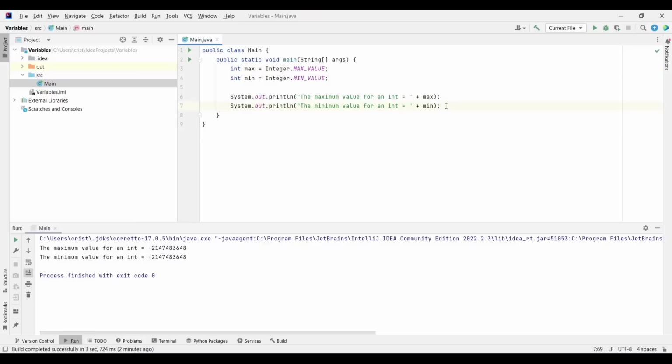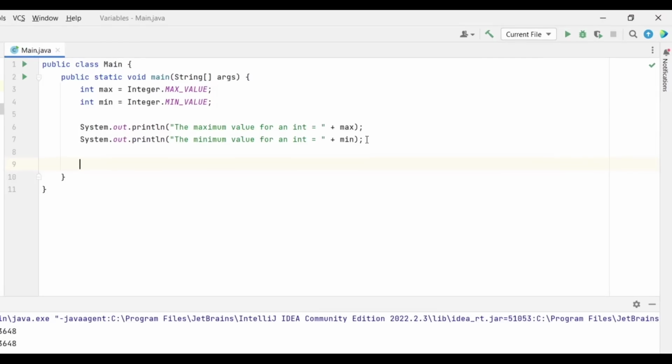And now let's go down here and let's create another type of variable. Let's create now a byte. So we type byte, and let's call this byte max value.